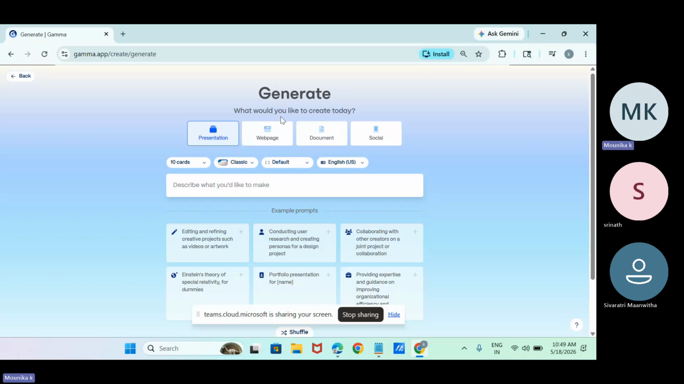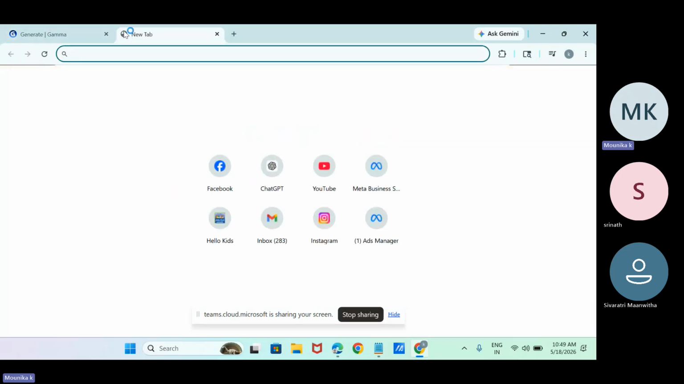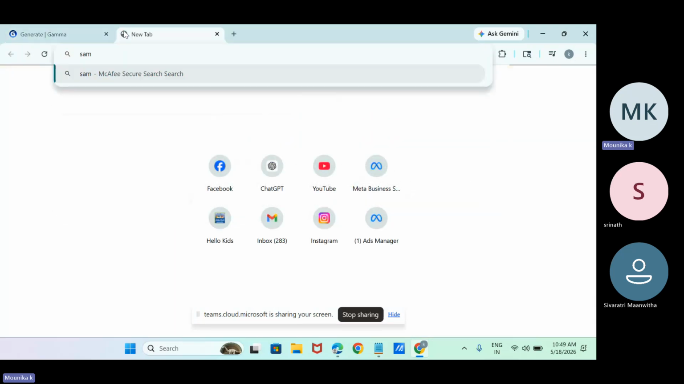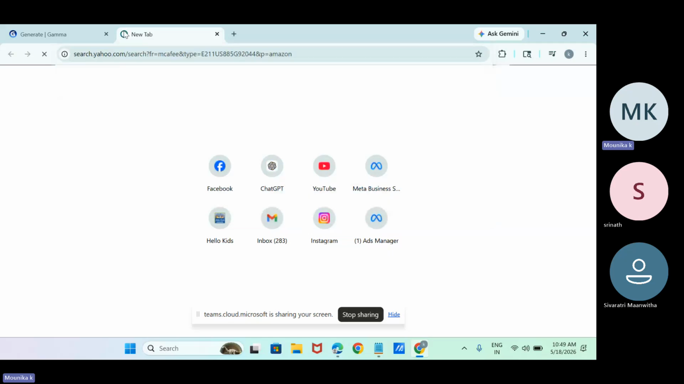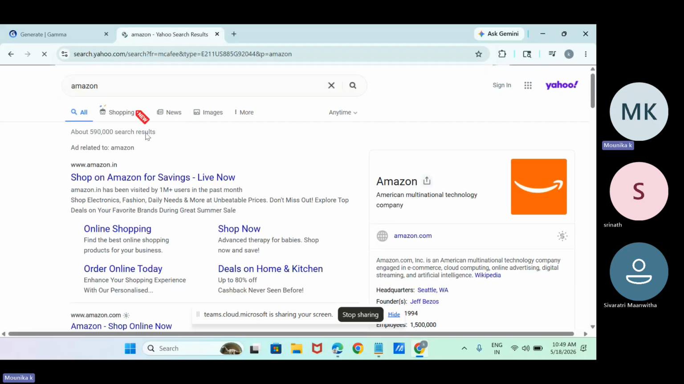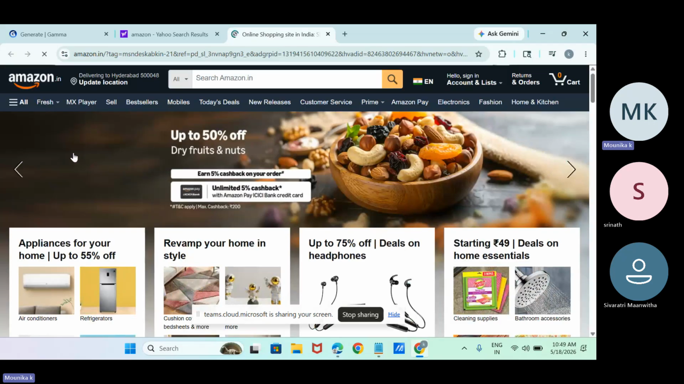Generally, if you open any website, for example Amazon or any other website, this is a website. If I click the link, I'm getting a website of a particular brand. So this website